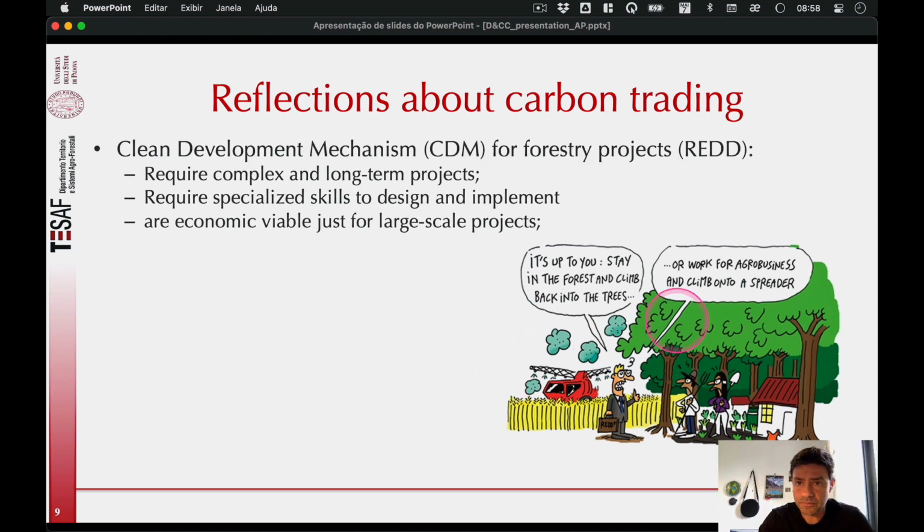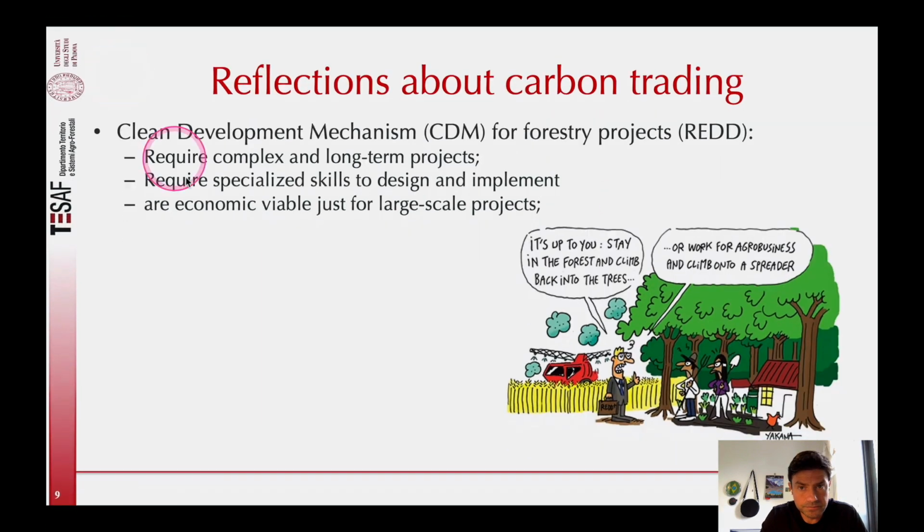The first one is that the REDD mechanisms require complex and long-term projects. It's complex because you have to align a global procedure to certify your carbon with the local strategy to plant trees. And you have to make all those connections through agreements. So you have to have an agreement with the landowner to plant the trees or to implement the restoration strategy at the lower level with them. You also have to have an agreement with the many authorities at the national level, and this is